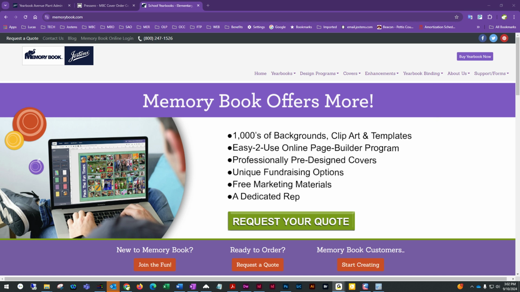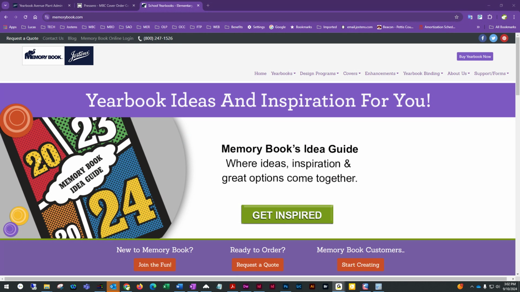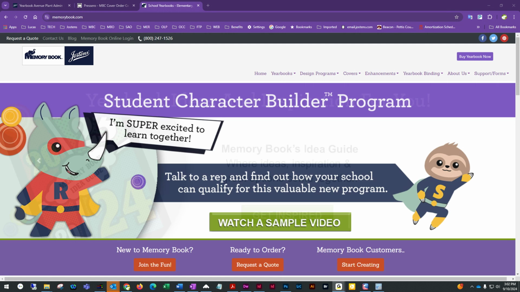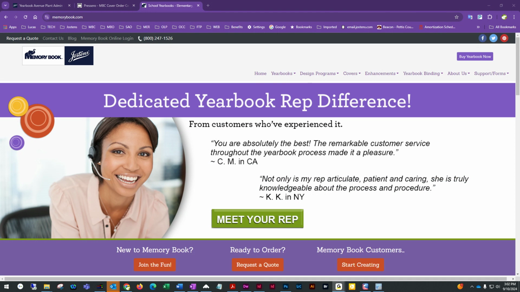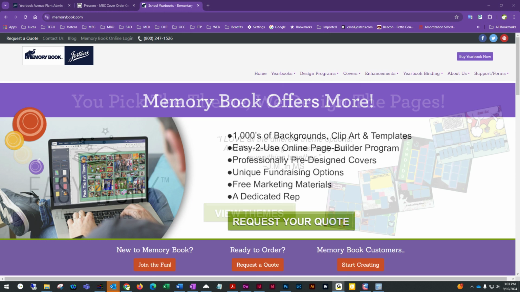Designed to support the Memory Book Online Yearbook program. Our goals today will be to introduce participants to the function of the program associated with the beginning stages of yearbook creation. Specifically, we will be reviewing logging into the program, familiarization with the welcome screen and page ladder, font selection, creating a photo share site, and we're going to go over